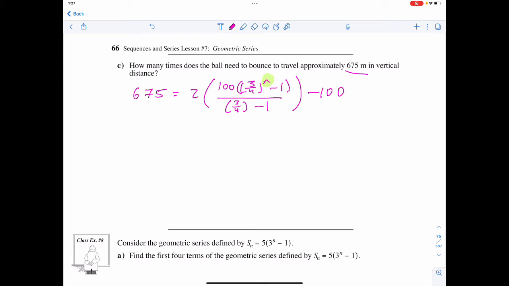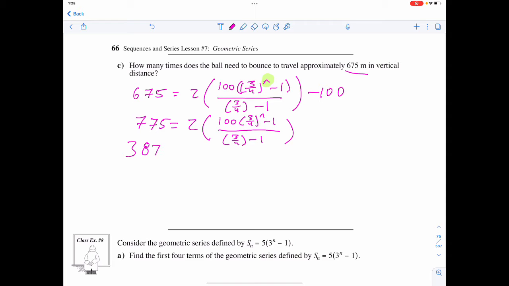I would start by adding 100 to each side and saying that 775 is equal to 2 times all of this. The second thing that I'm going to do is I'm going to divide both sides by 2, and that's going to give me 387.5 is equal to